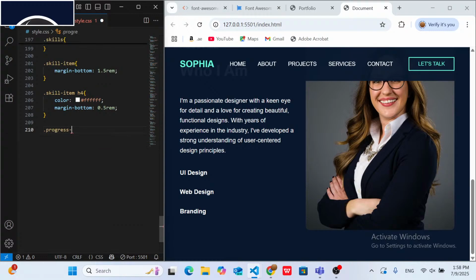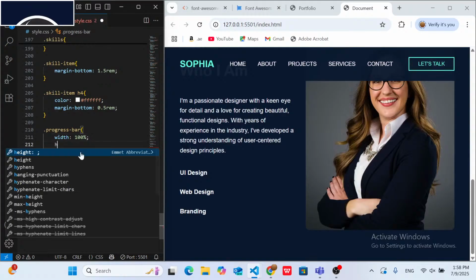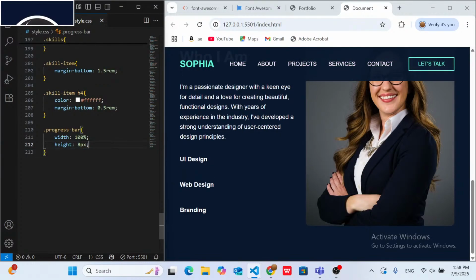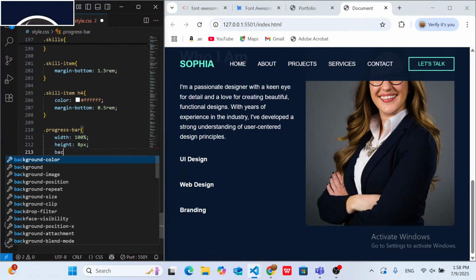The progress bar, I'll give it a width of 100%. The height, just a slight height of 8 pixels as well. Then the background color,